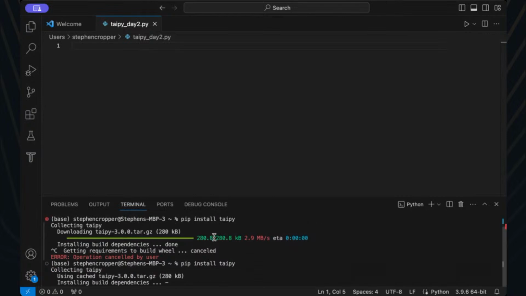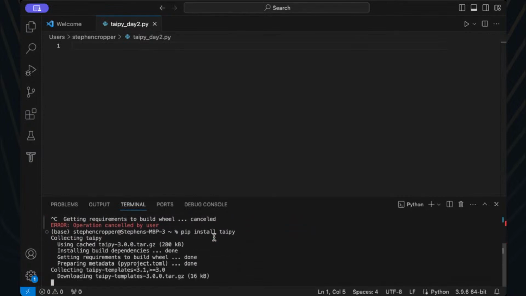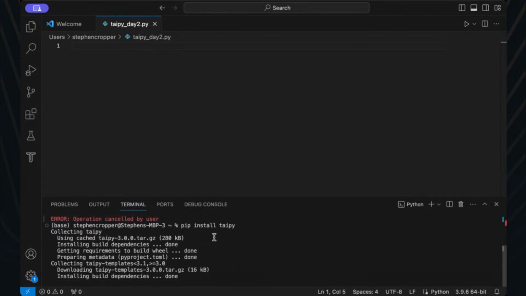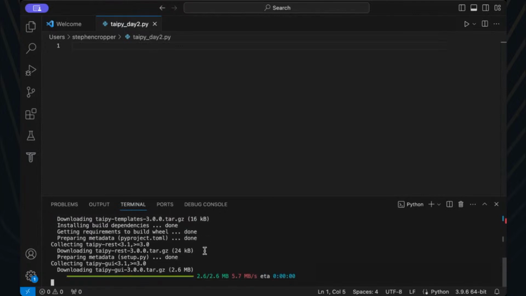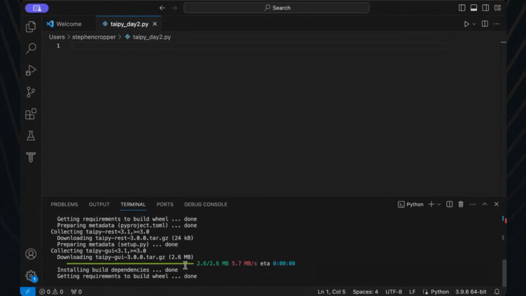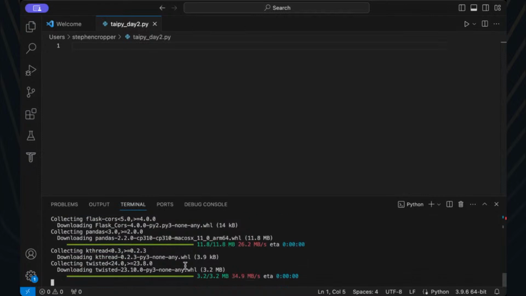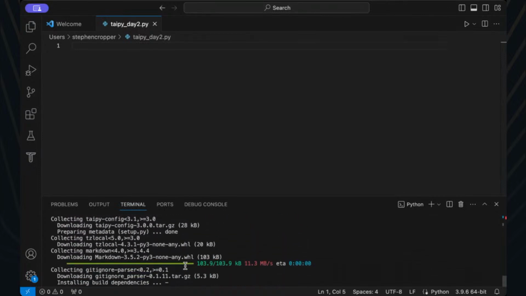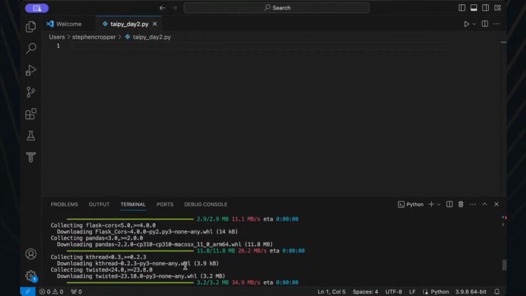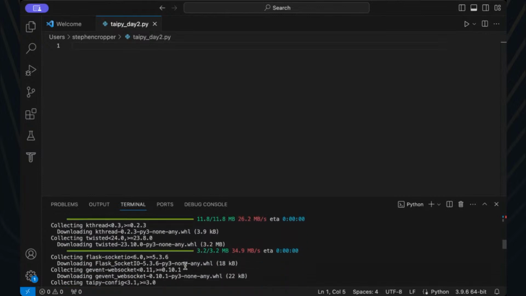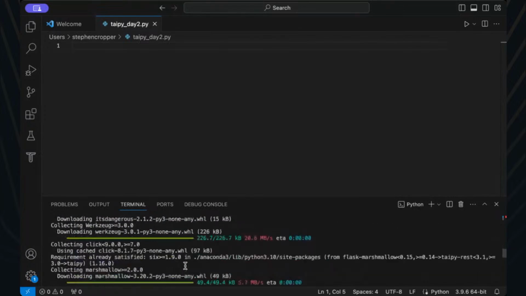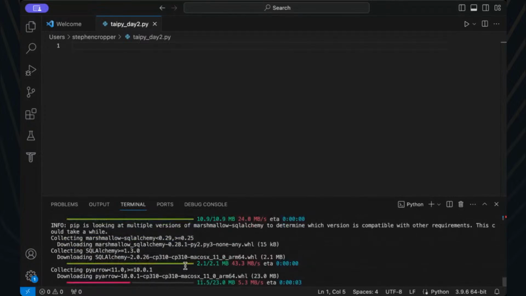Hopefully it doesn't break anything. You can see how Taipy installs. It installs the GUI, which is super important for this. And you can see it's also installing Flask and some Flask elements. That's kind of interesting. I wonder if Taipy has any relationship to Flask. It wouldn't surprise me at all.